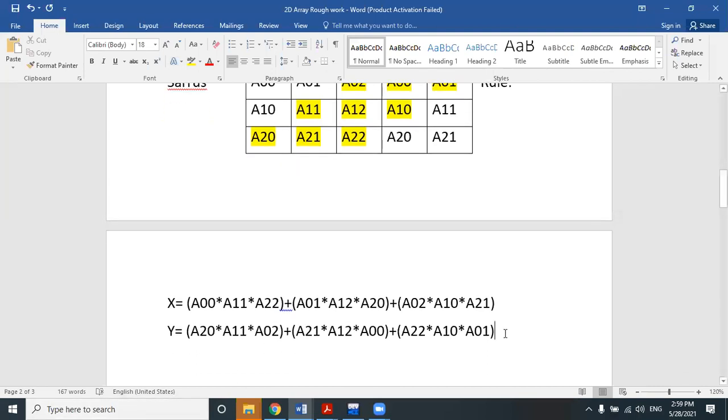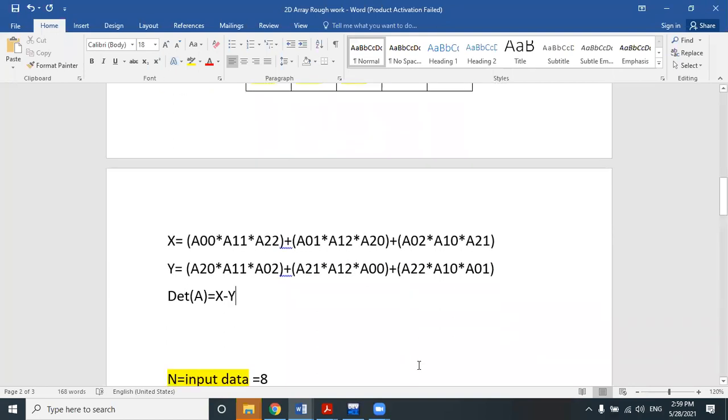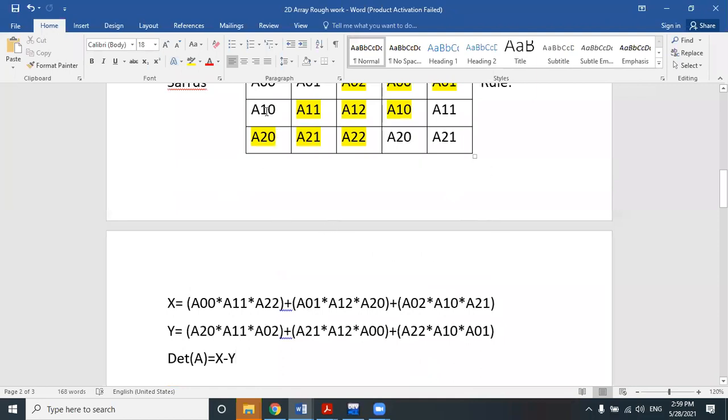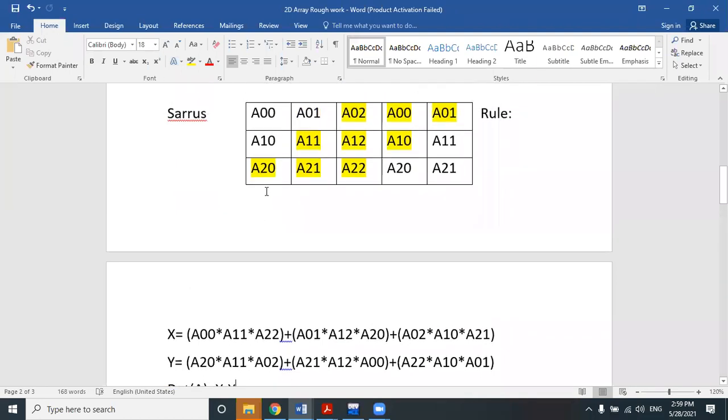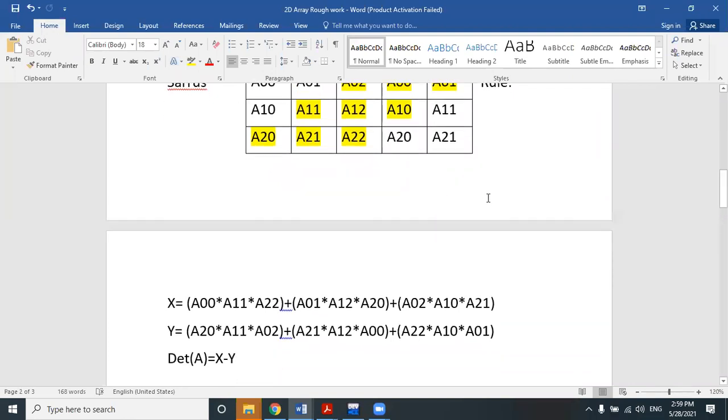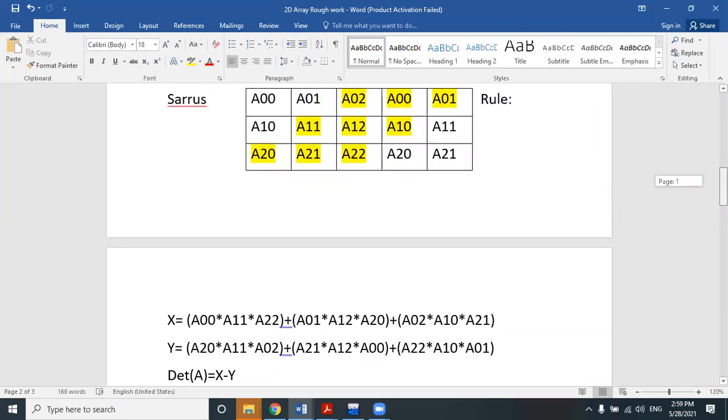Clear? And finally, we'll calculate the determinant of the input matrix A by subtracting these two variables, x minus y. Whatever output you get will be the result of the 3 cross 3 matrix determinant. Clear? This is Sarrus's rule.